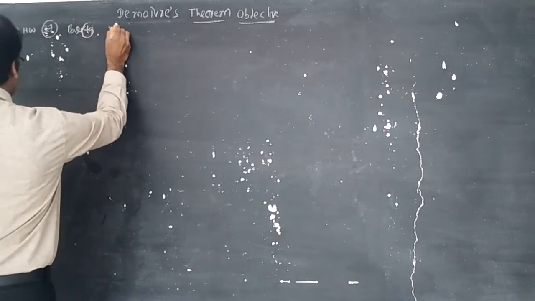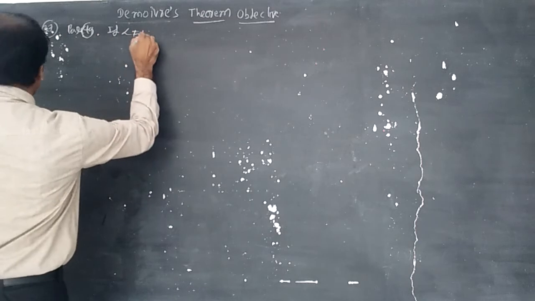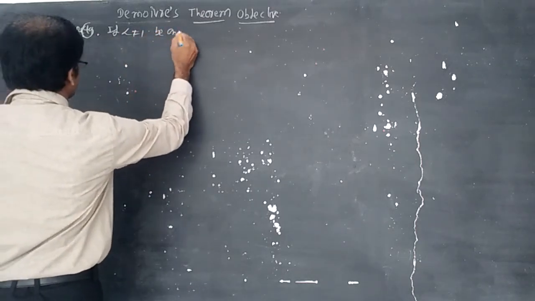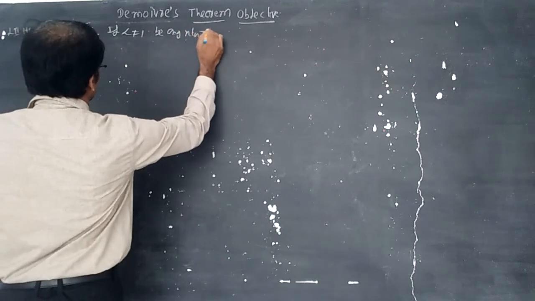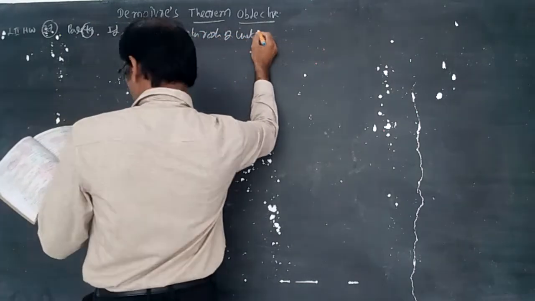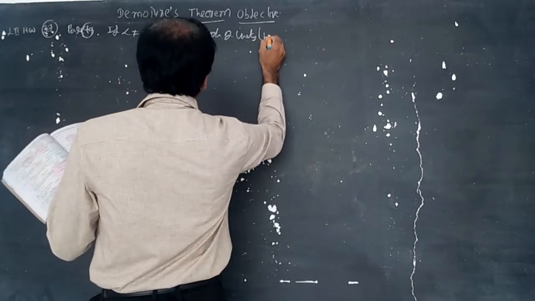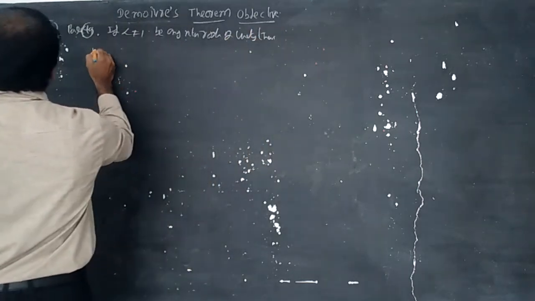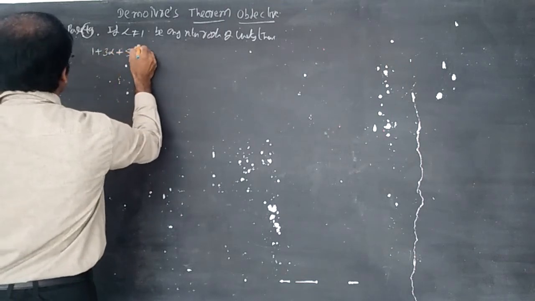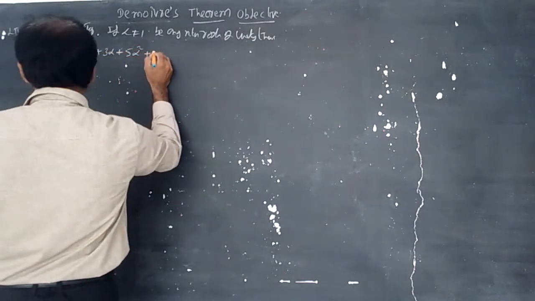If alpha not equal to 1, be any nth roots of unity, then 1 plus 3 alpha plus 5 alpha square plus,